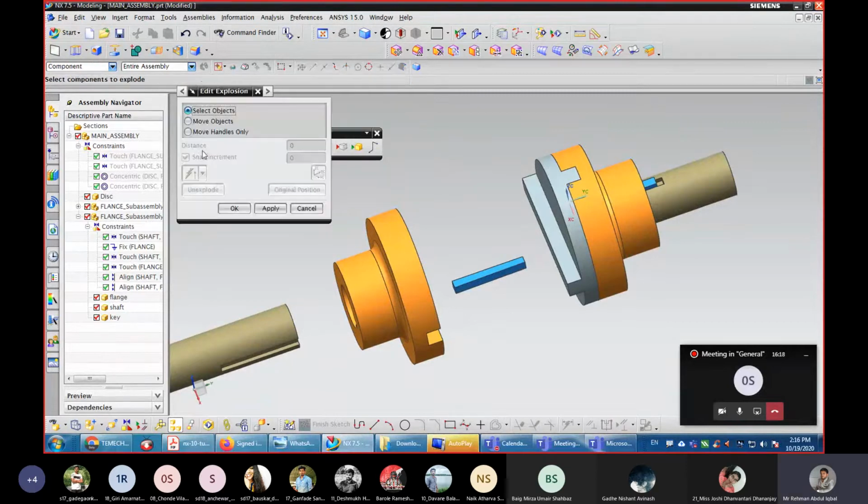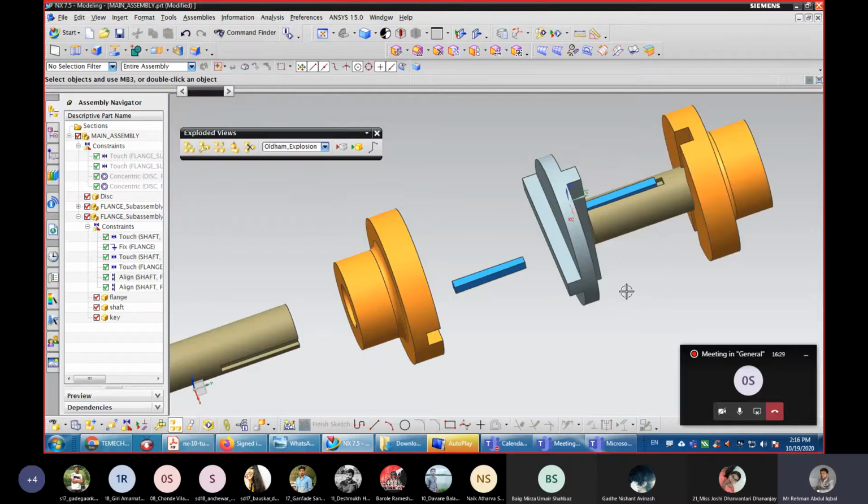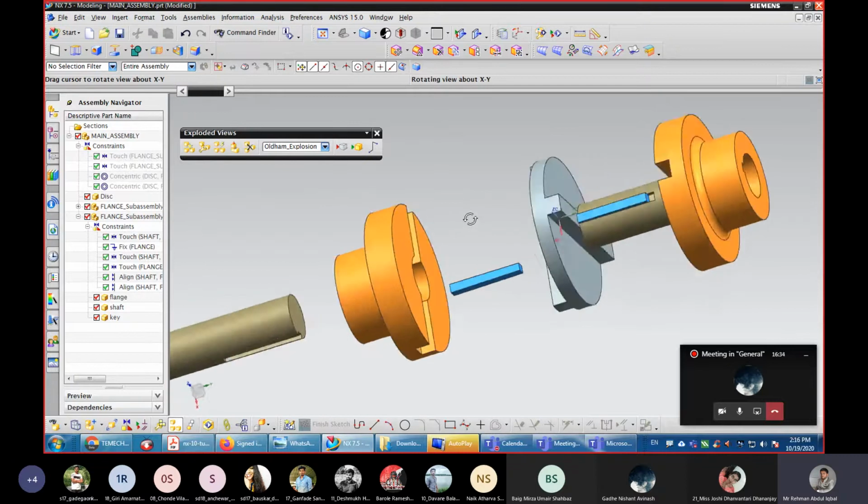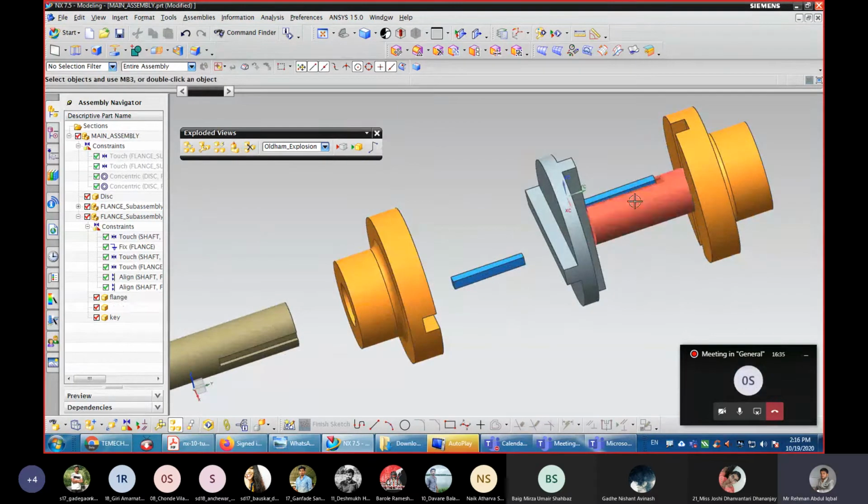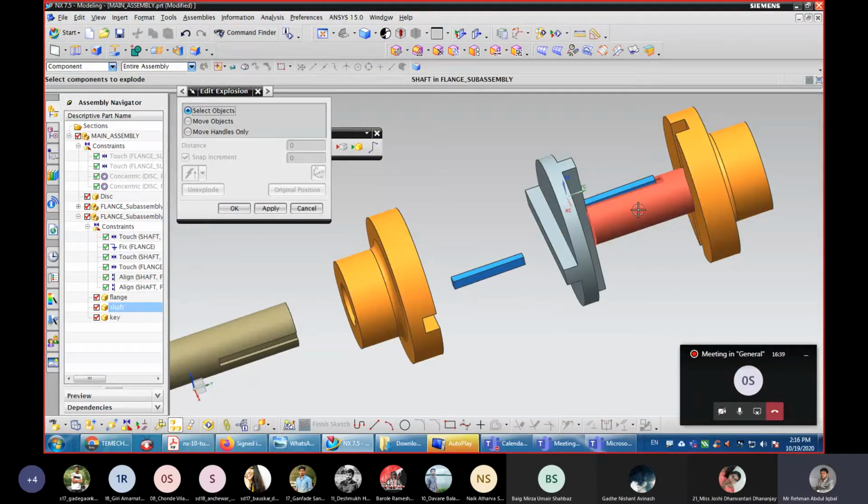Again go to edit explosion, select this flange, move in Y direction 80. And again this shaft will be moved. So the shaft, say we will move it by 160.